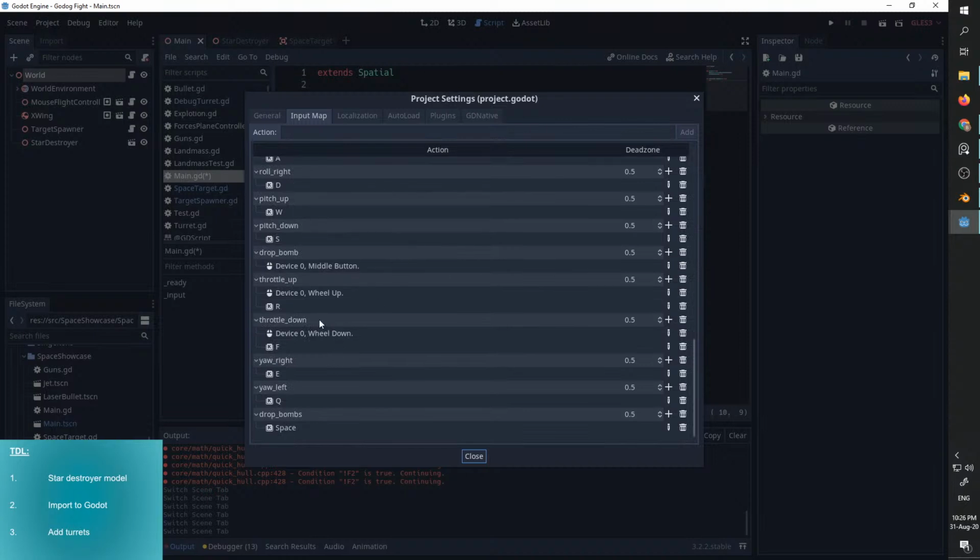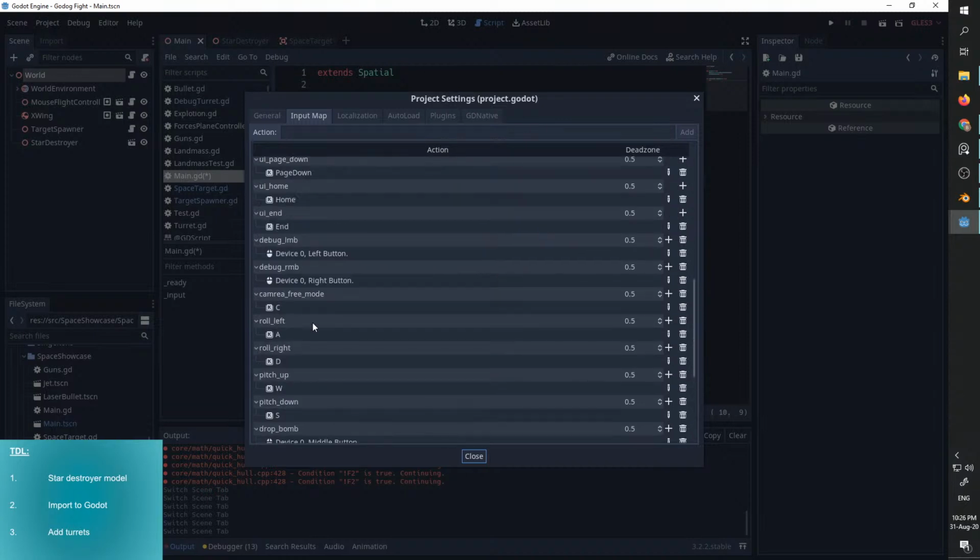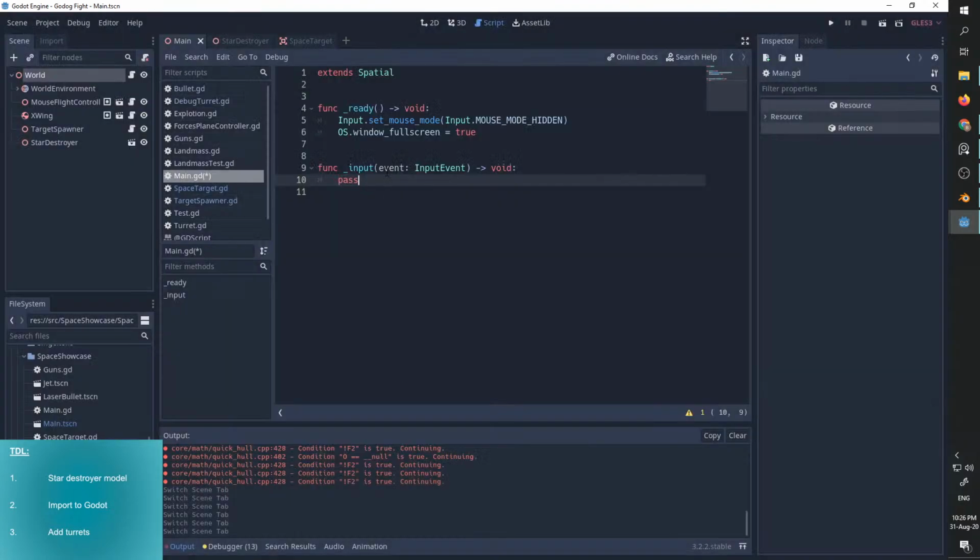Yeah, you're left, you're right. I have right debug, right mouse button. That sounds promising. So if event is action pressed debug right mouse button, get tree, get nodes in group, targets,